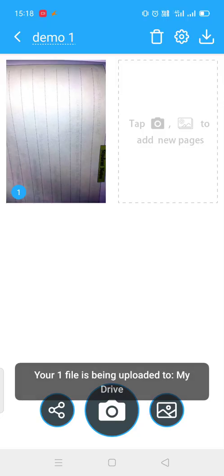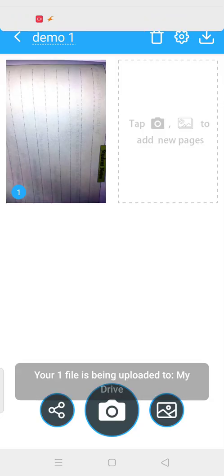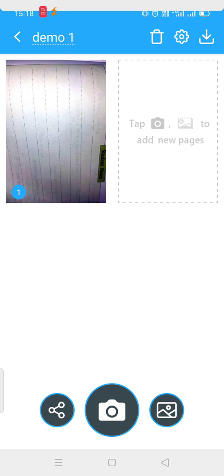I am clicking save, and I am saving it in PDF format, and it is being uploaded in Drive. Now save it in the Drive.